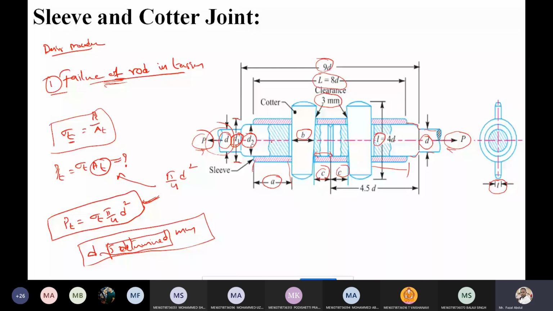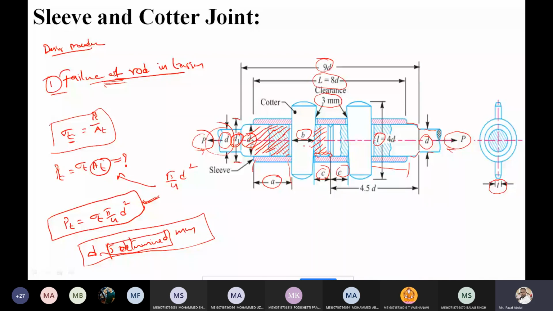Please respond to my question, Babu. If you know, tell something. If you don't know, say don't know, sir. In this rod, I am drawing the rod here. This is the rod. For this rod, where is the weakest section? Where can we find the weakest portion for this entire rod? Middle of it, sir. Middle. At B. Yeah, exactly.